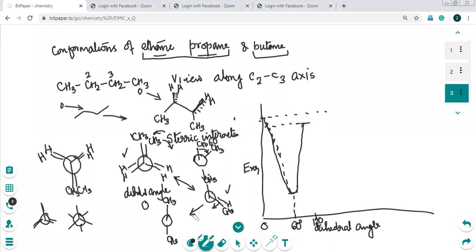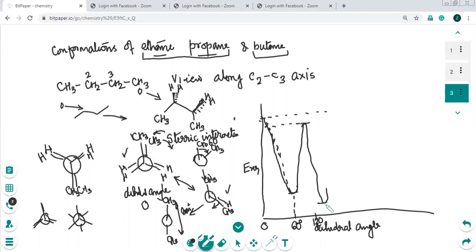CH3. Now, both the CH3 groups are opposite to each other. They're exactly opposite, at maximum distance from here to here. Least interaction and most stable. As you move from here to here, the energy keeps on decreasing, and comes to a very low value